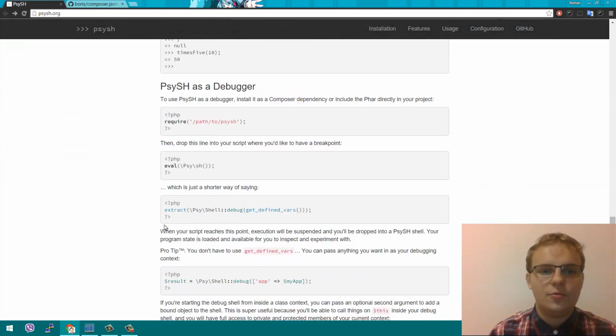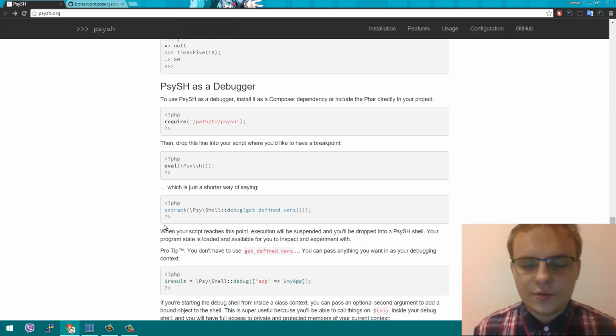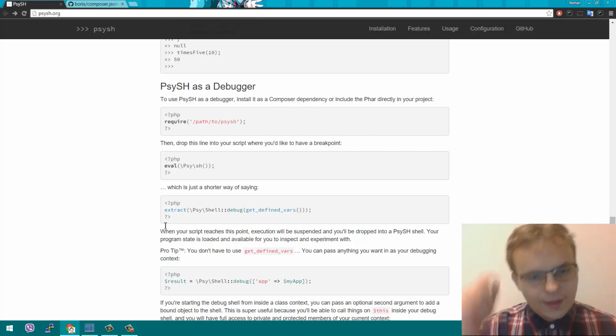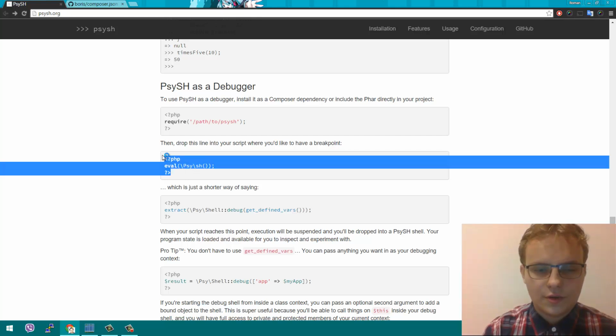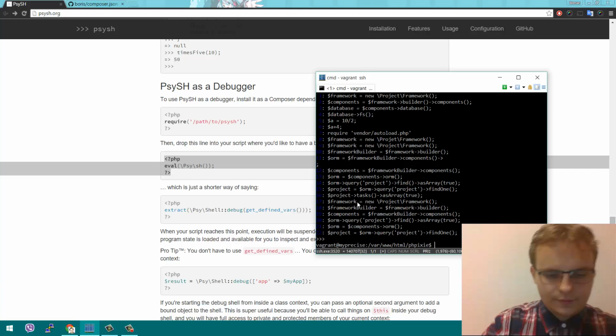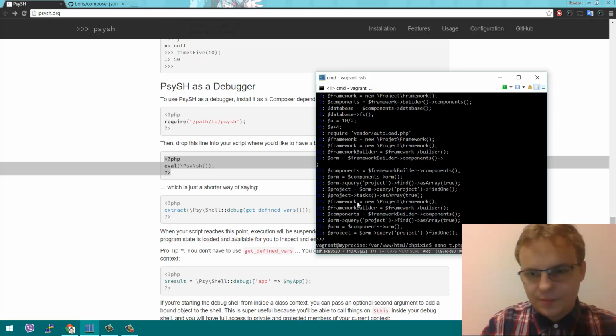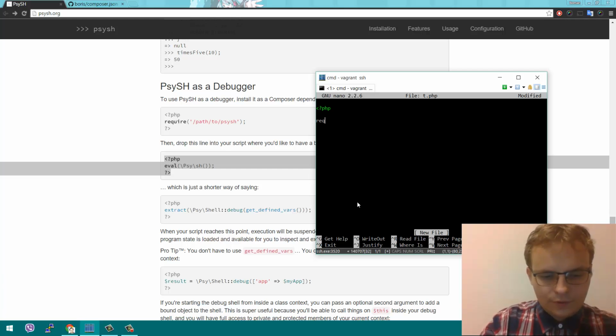But there was one thing which I really liked, which was using it as a debugger. So if you have a command line tool, and that is actually really cool, all you need to do is call this, and we are actually going to try it out. So then let's create some tphp, require